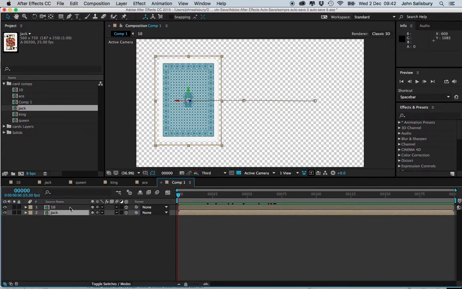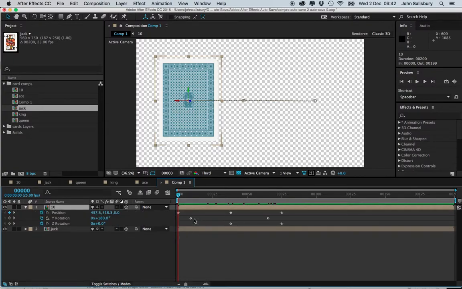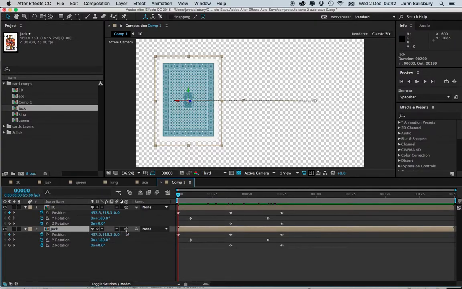So if I select the 10 and press U on the keyboard, it shows me all the keyframes of that layer. If I select the jack and do the same, press U on the keyboard, it shows me all the keyframes of that layer. I want to make this animation happen later, so I could just drag it along like that and it would start later, but here there would be no card there. It would suddenly cut on at that point, so that wouldn't work in this instance. We just want to shift the keyframes. So if I drag a box over all of them,